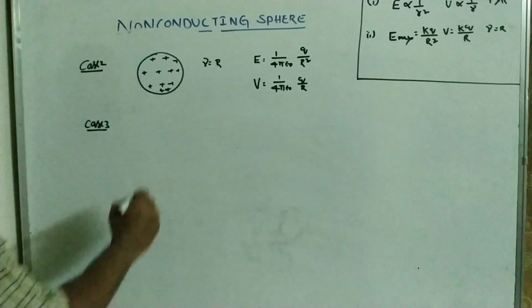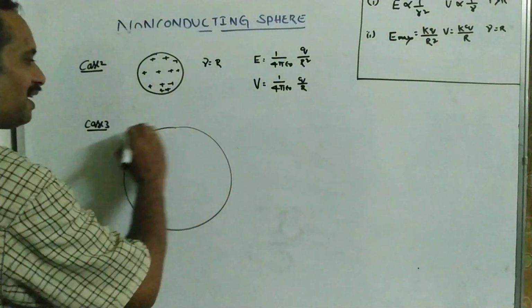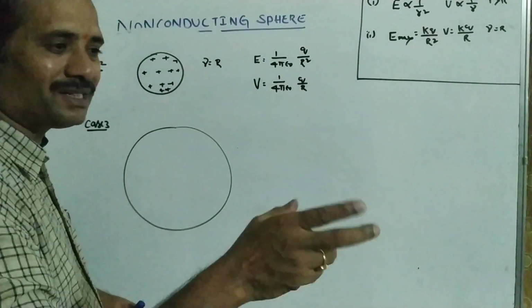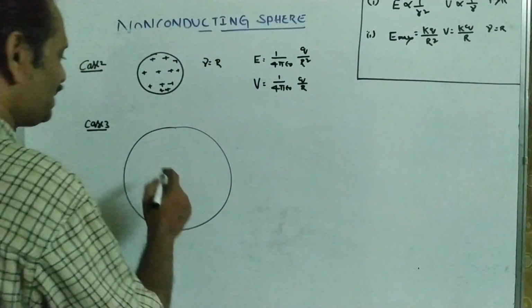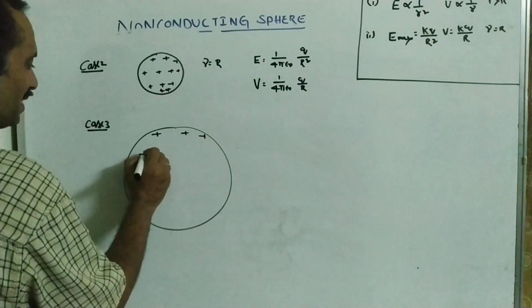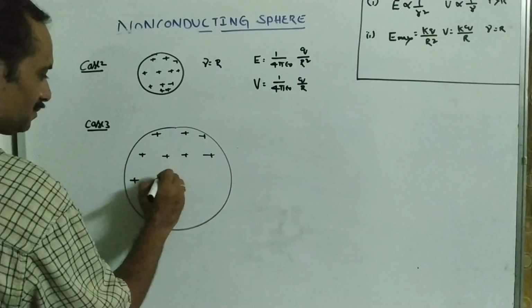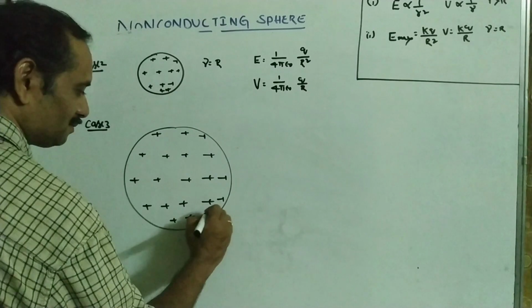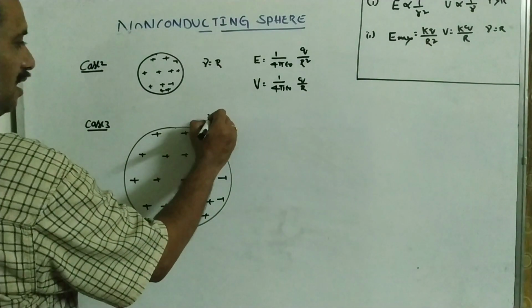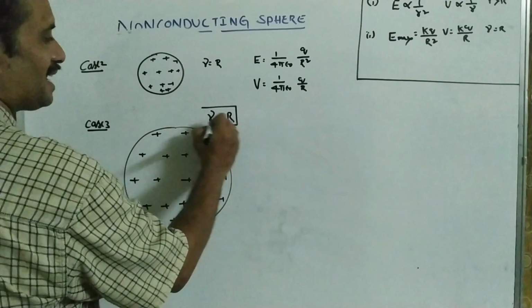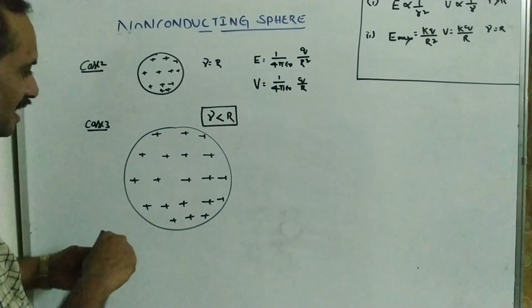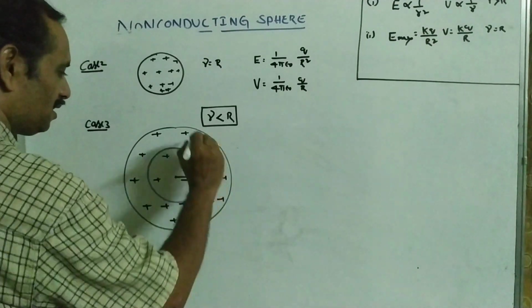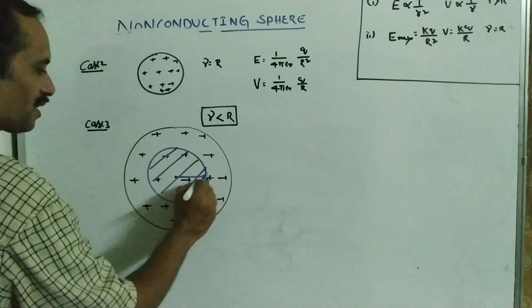Next, third class. Here you have to take care. Very important thing is, till now you didn't disturb the sphere. Now we are disturbing the sphere. We are moving into the sphere, that is inside of the sphere. Small r is less than capital R, inside of the sphere. Here, sir, consider a small point inside of it. This is the Gaussian surface.